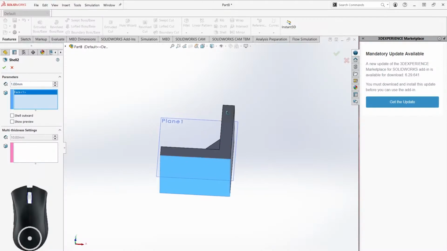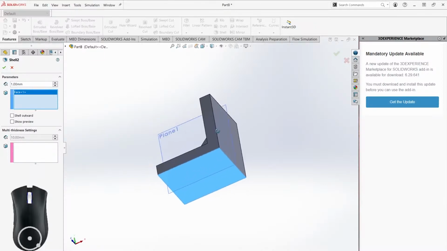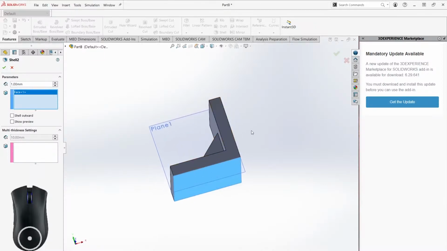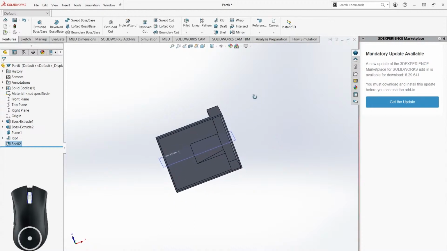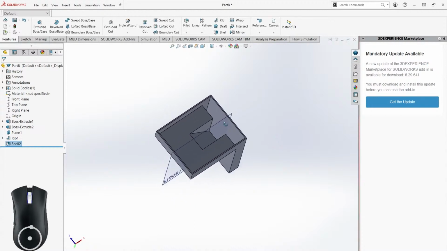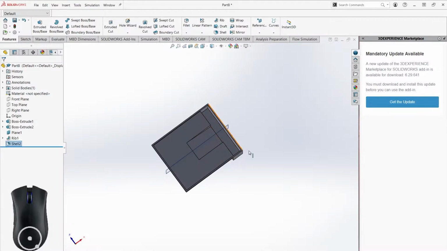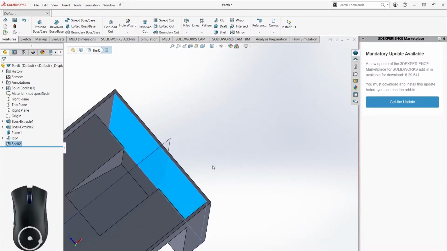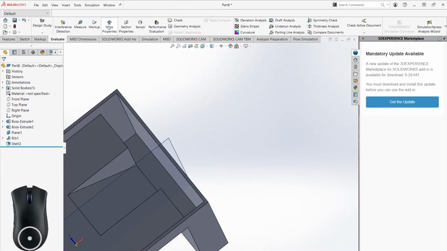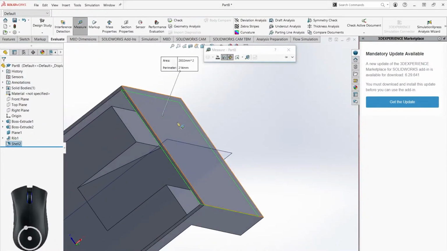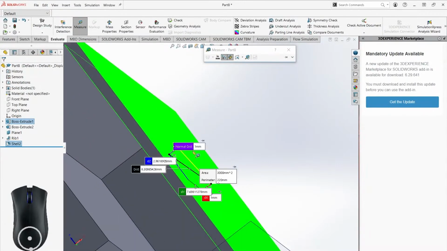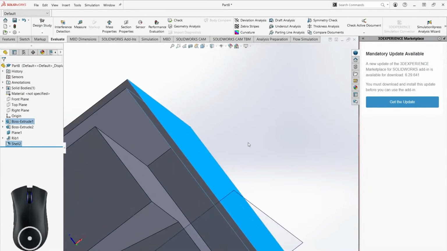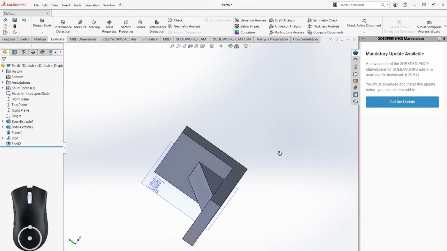So I'm just going to leave it at 1 millimeter here. And what it's going to do is hollow out the part so that there's only 1 millimeter of material everywhere. So let's click the check mark, and we can see that everywhere it's like a thin wall thing with a hollow inside. And you can see, let's evaluate, measure. We can evaluate that, and you can see it's 1 millimeter normal distance. And that's going to be true for every